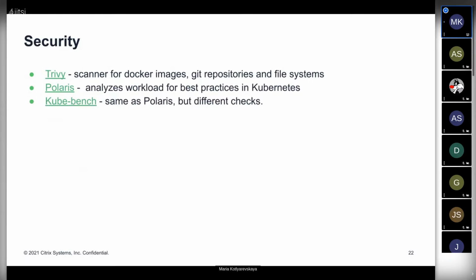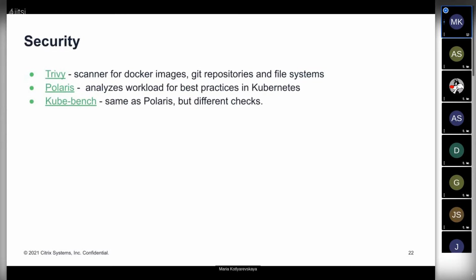Also we can run Trivy for Git repositories or just file systems. So it's open source and it's easy to use. Maybe for your case it also will work just fine.